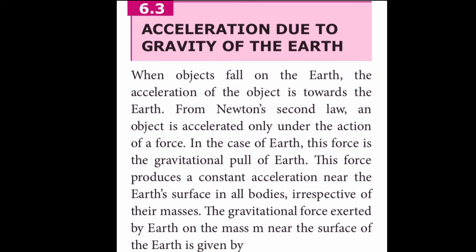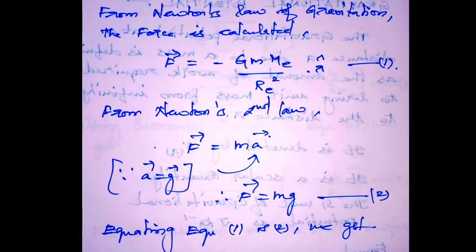Now consider a mass m which is placed at a height above the surface. Now it will be moving towards the ground. So the force experienced by the mass we are going to calculate by applying Newton's second law. So we know Newton's second law. Also for this mass, I am going to compare it with the earth mass, using Newton's law of gravitation. So we discuss elaborately. First I am going to use Newton's law of gravitation.